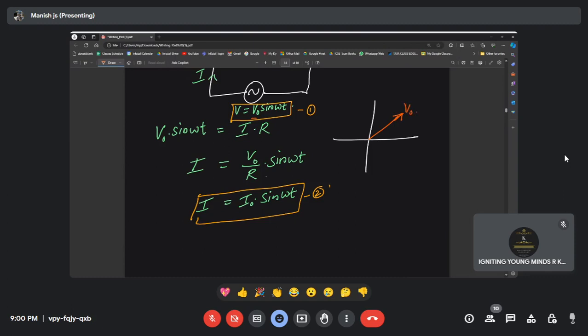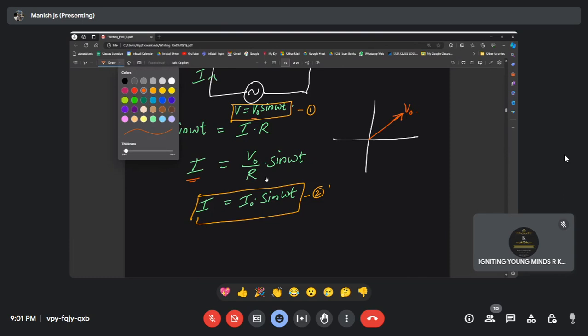Next, coming to the current. Now, when I talk about current, you can see I is nothing but V naught by R, right? So V naught divided by R sine omega t, which is your I naught. Therefore, your current amplitude I naught will be smaller. It is not going to be bigger. Its magnitude is less. So therefore, I am drawing it smaller, and I am overlapping it